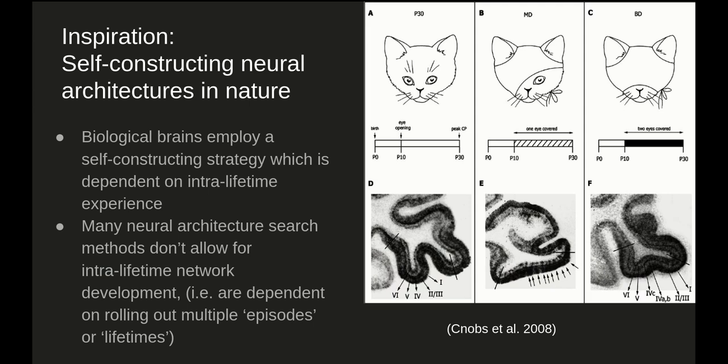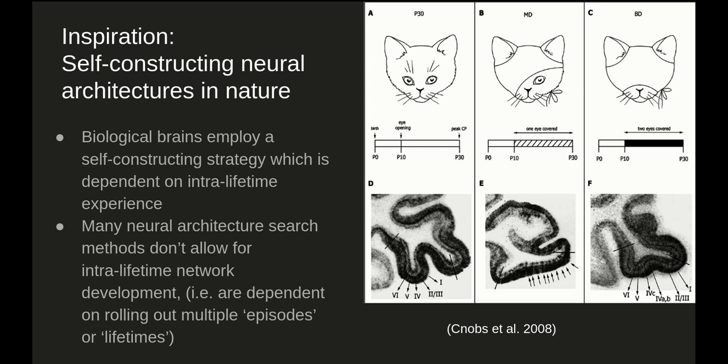Biological brains employ a strategy for self-construction which combines both genetic factors and experience-dependent changes that take place over the course of a single continuous lifetime. A famous example of this is shown in the image on the right, where a cat was blindfolded in one or both of its eyes, and the brain regions that correspond to visual processing in that eye developed structurally different